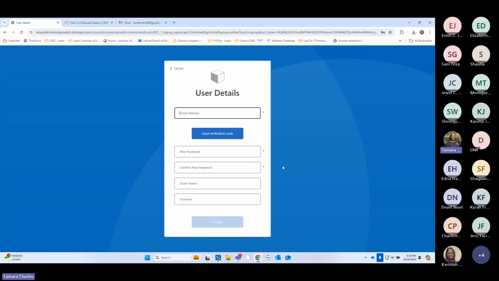So I know it is going to be a little tedious for you, but I'm going to ask that all the users in your office go in and register with their email address. I know that we do have a number of firms that use a generic email address to be able to get your orders and stuff like that.